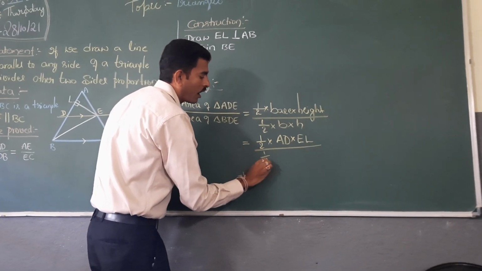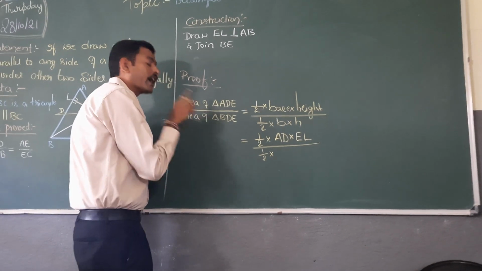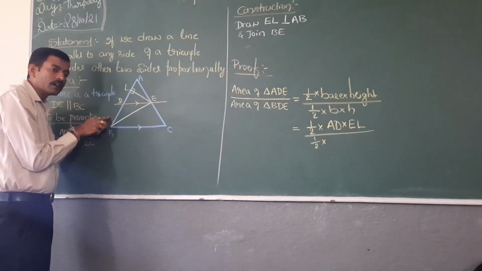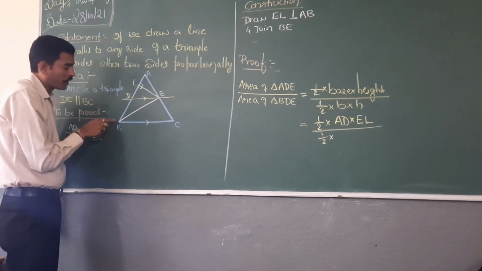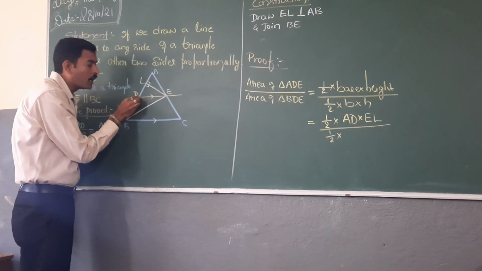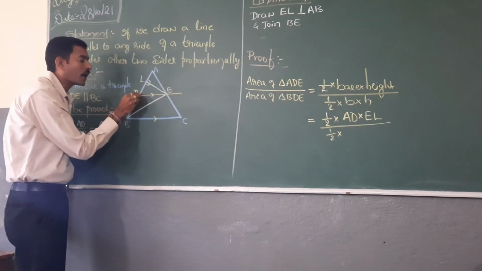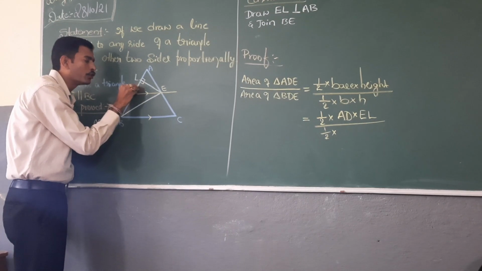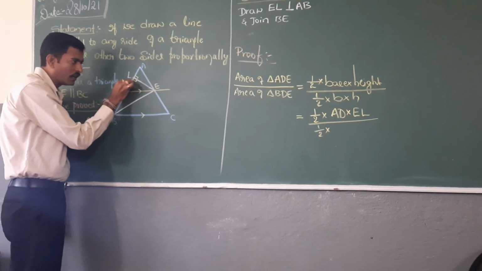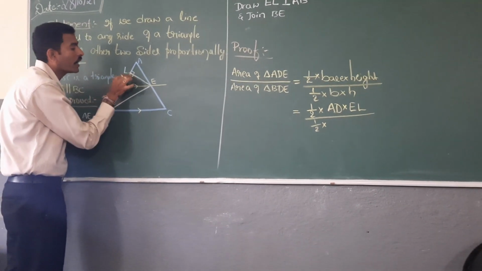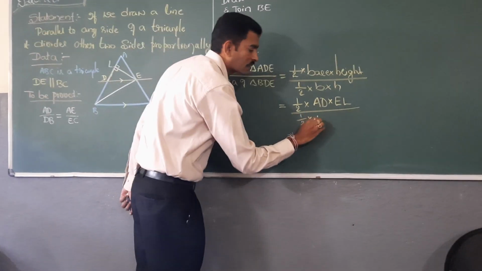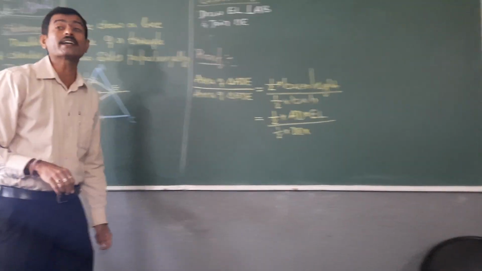Okay, children. Again, half into. Sir, come to the area of triangle BDE. You concentrate on triangle BDE. Which is the base here? Sir, again here you must think. For this triangle also, no line is perpendicular, so I need to produce the side DB. Sir, BD, you produce till it meets EL. Then the height will be obtained. So I will take DB as the base. Children, don't get confused.